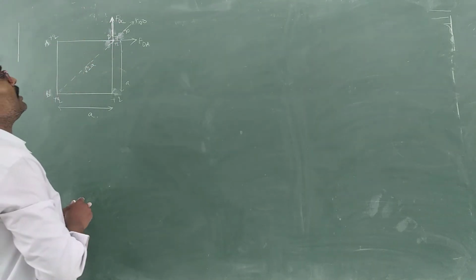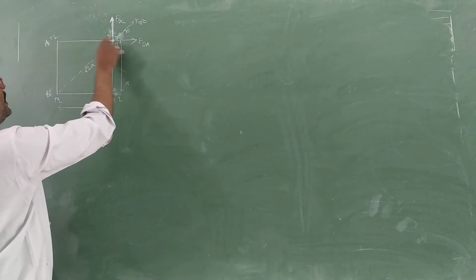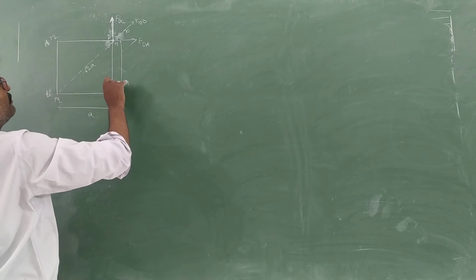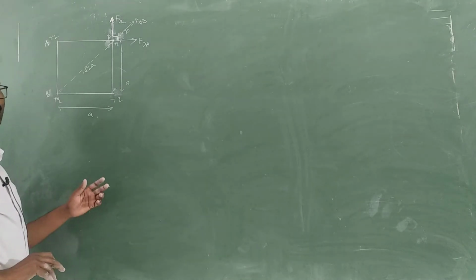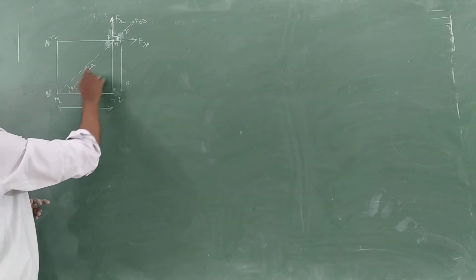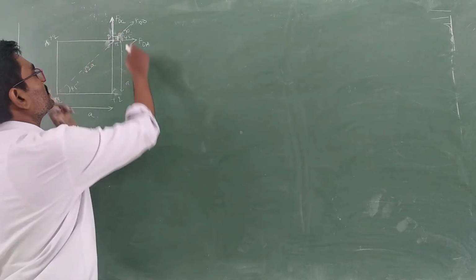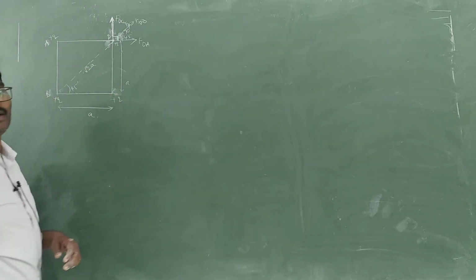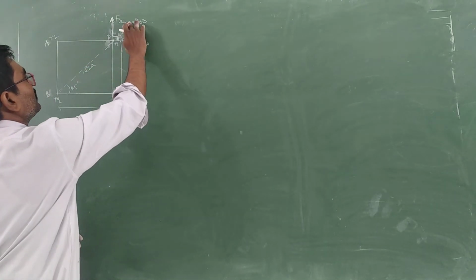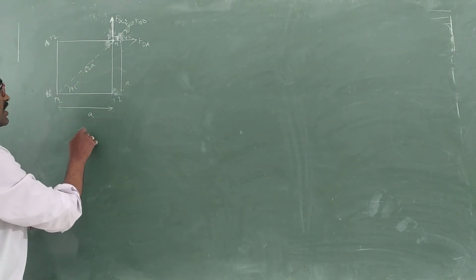Now if you take the resultant of the forces acting on D by A and by C, both are acting at 90 degrees. What is the resultant of these two? It will also act at 45 degrees with either vector. So this force and the resultant of these two will be in the same direction. The force on D by these two, let us call it F dash. No problem. I want to calculate F dash.